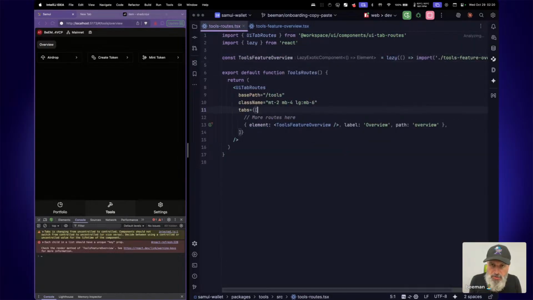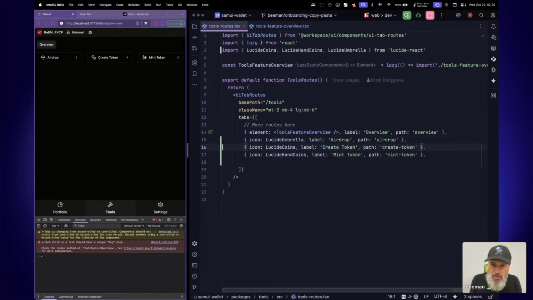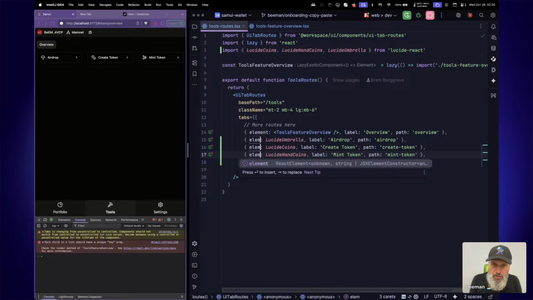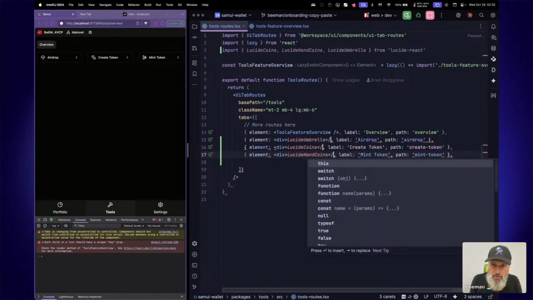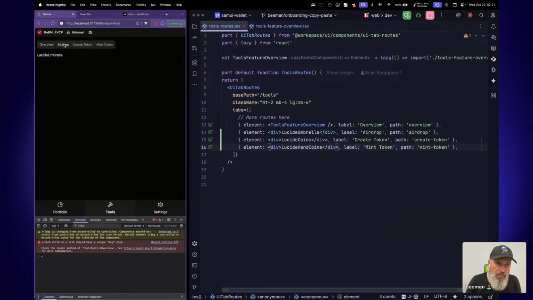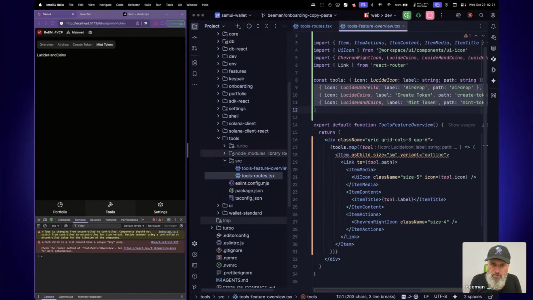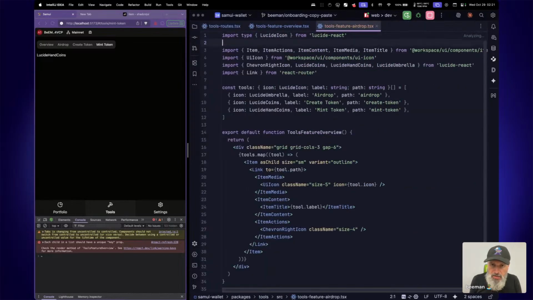Then what I want to do here is add the same things. So I'm gonna copy these over, add them here, and then instead of icon, we have element. And this wants to be a div, and then we just add a text in here. So now we should have these tabs. Very nice. And these are the types that we can just then create. So what we can do is create one empty one. So we have a feature called airdrop. And then in the airdrop one,